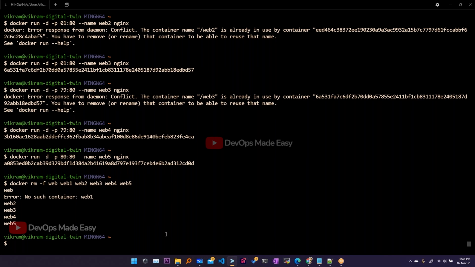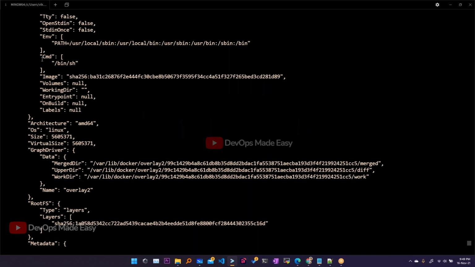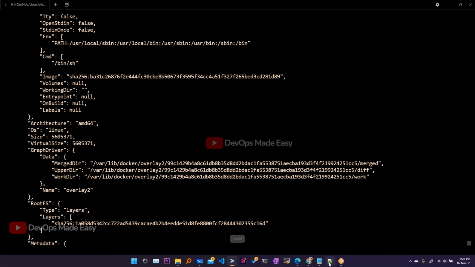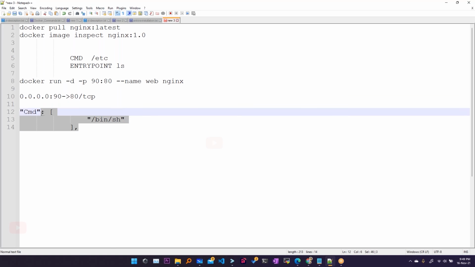Let us inspect. By using docker inspect, I wanted to inspect the Ubuntu image, or else the lightweight one, the Alpine image. If you look at the Alpine image and see the command section, what is the command this Alpine image has?